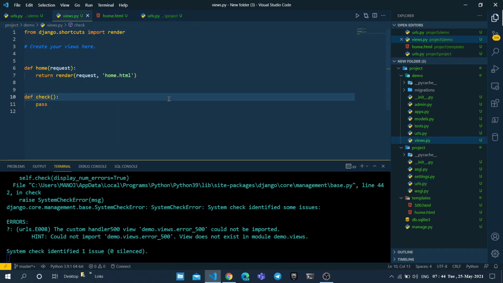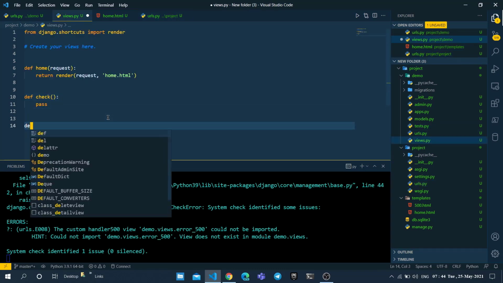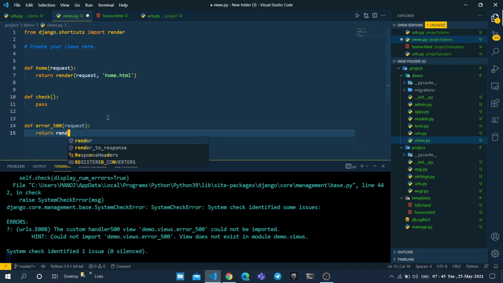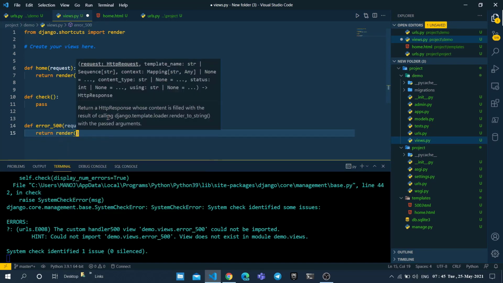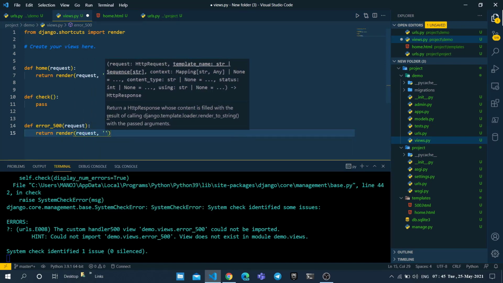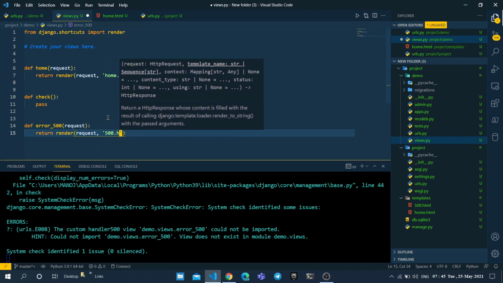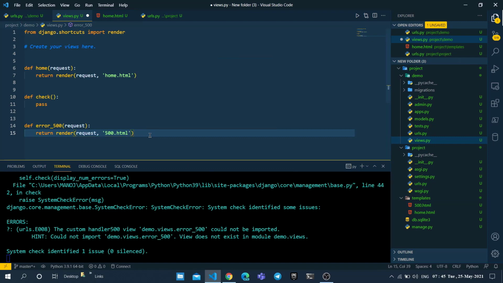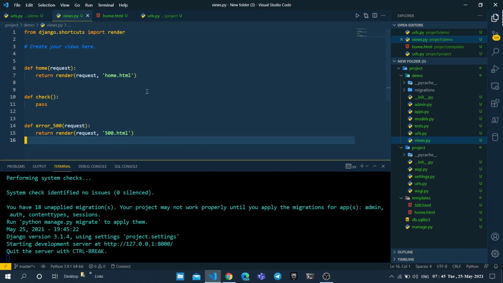So go to the views.py in the demo app and let's write that view, which is def error_500(request): return render(request, '500.html'), which we have created in our templates folder, is going to work as our custom template.